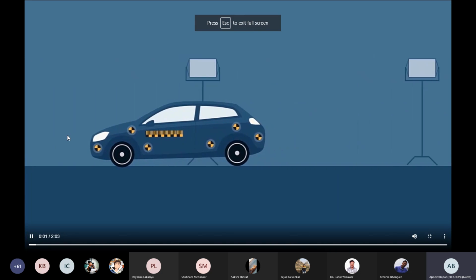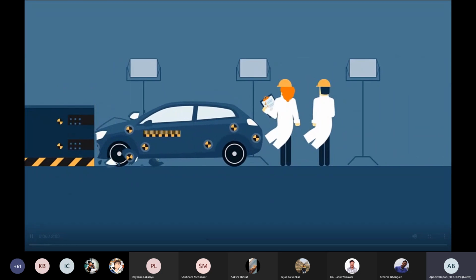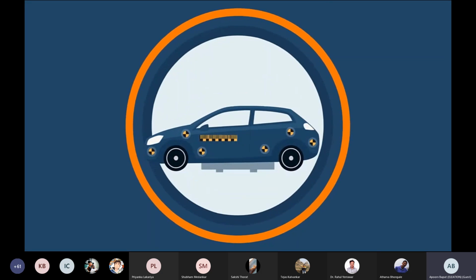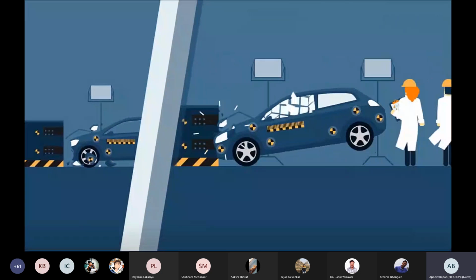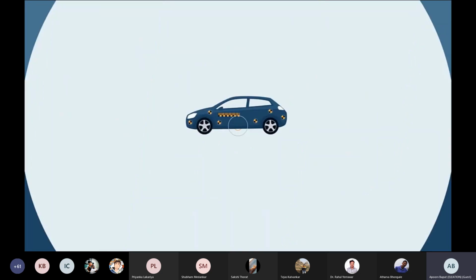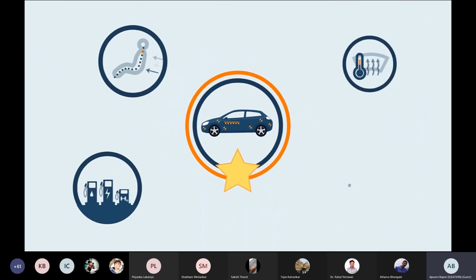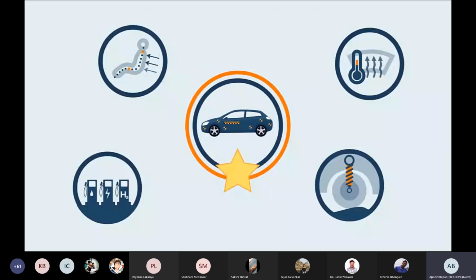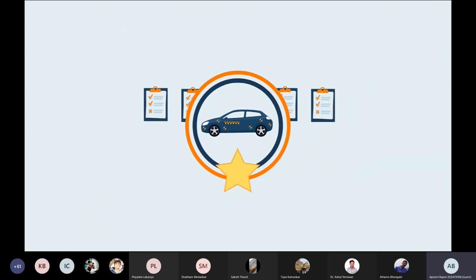Everybody knows traditional crash tests use dummies. In the past, this had been the only way to make vehicles safer during crashes. Prototypes were built, tested, optimized, and crashed against the wall again and again. Over time, the vehicle was improved steadily, as was the safety for all road users. Also, in other areas, more requirements have been expected from vehicles. This is expensive and adds to the complexity of product development.